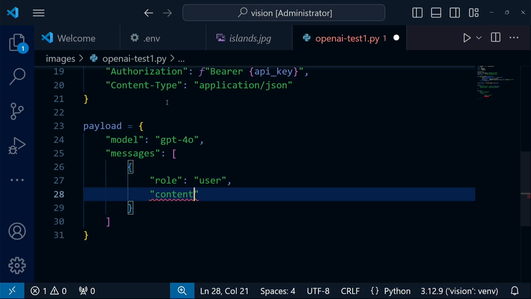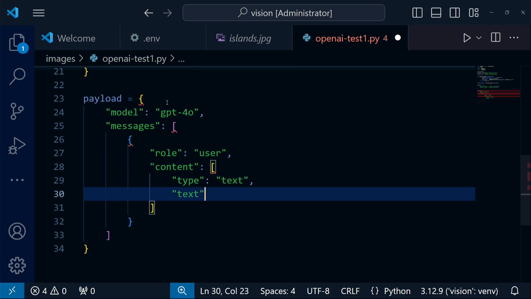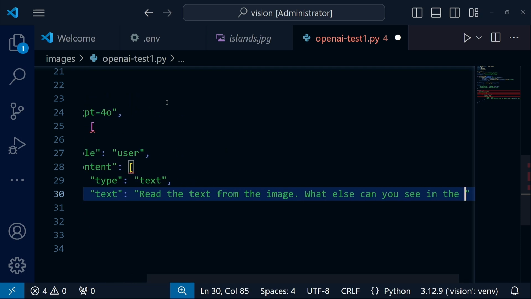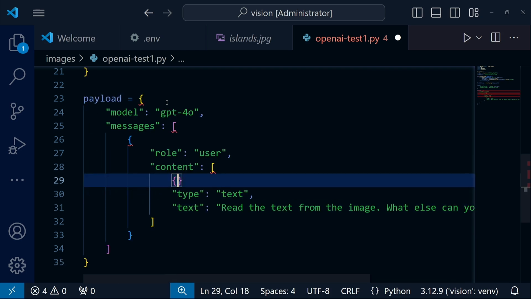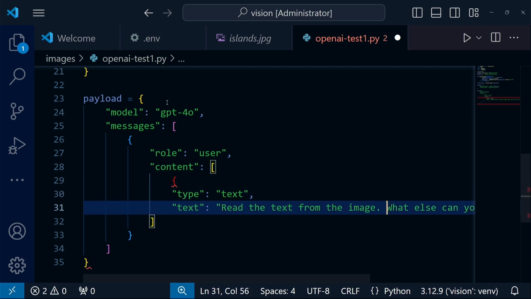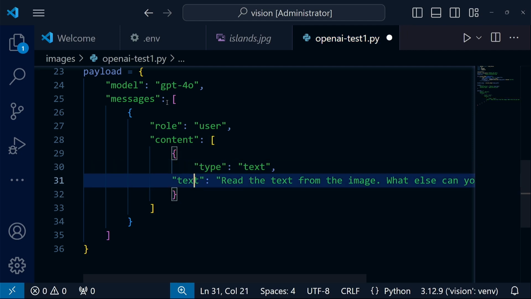In our case, the content is also an array that will contain two elements. One will be related to text and one to our image. At the beginning, we need to set the type of the first element. It's text. Then the text itself. The first image is the title screen from the video about AI Voice Keyboard. Therefore, in the prompt, I am asking to list all the texts that are on the image and provide information if there is anything else there. I see that I forgot to add curly brackets, which denote a dictionary. When defining such complex structures, it's always easy to make a mistake. You should keep this in mind.